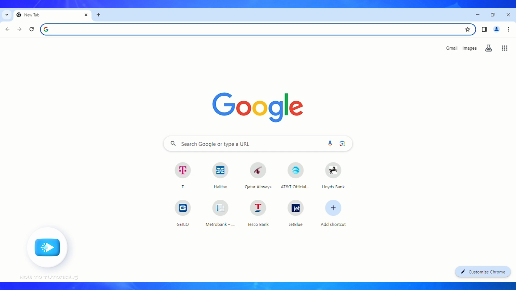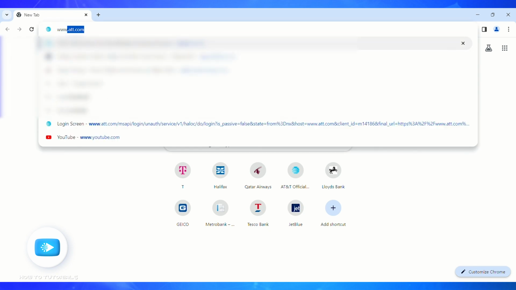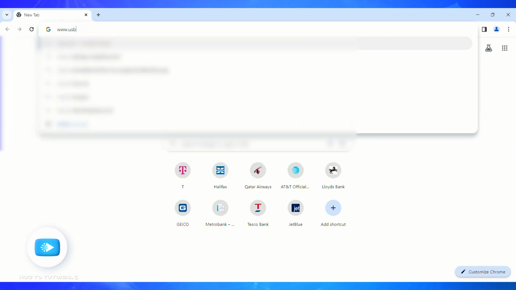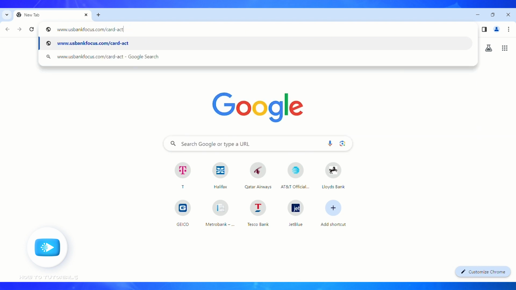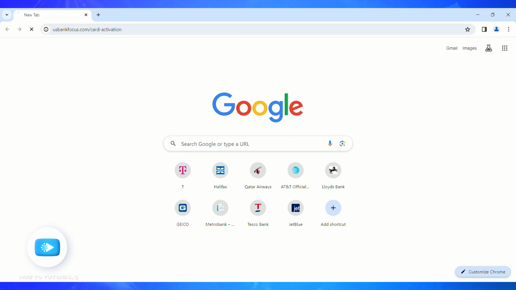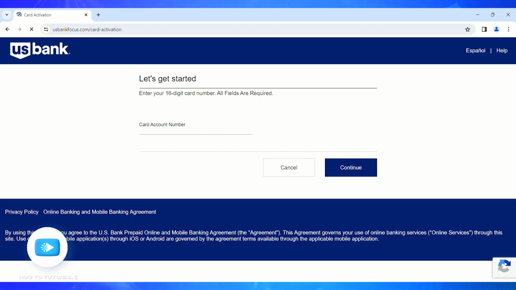First and foremost, you'll have to open a web browser on your PC. Now on the top search bar, you'll have to type www.usbankfocus.com/card-activation. After you press the enter key, you'll be led to the official website of US Bank, and on the